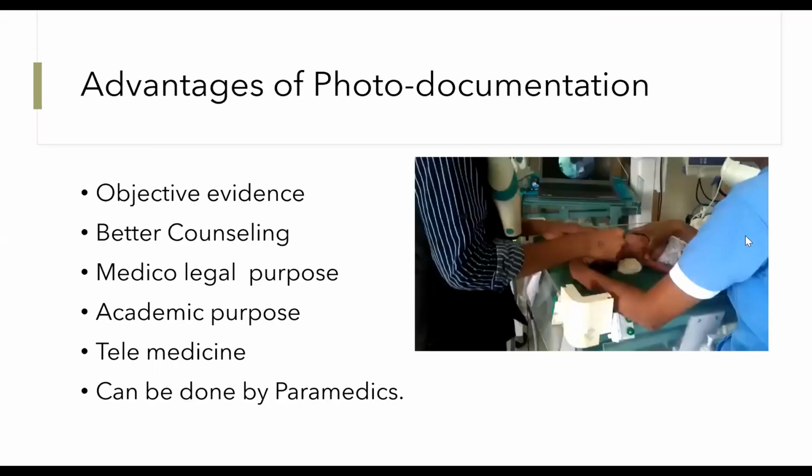Now we have the advantage of a Neo camera. It is a camera specially developed to screen ROP babies in pans, and the images of the baby's retina are captured in these cameras and then sent to the doctor by email. The doctor sees the image, makes the diagnosis and gives it to the technician, who writes the reports into the file and counsels the parents. This method of tele-screening is very helpful to expand our ROP services to the peripheral centers. Right now we are screening almost the whole of South Gujarat with the help of this camera.